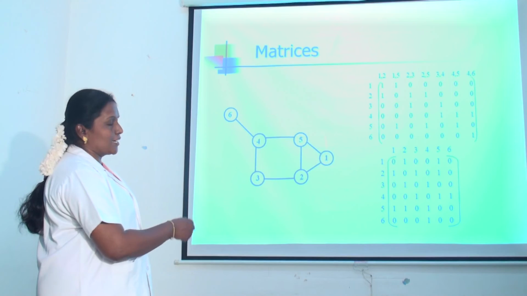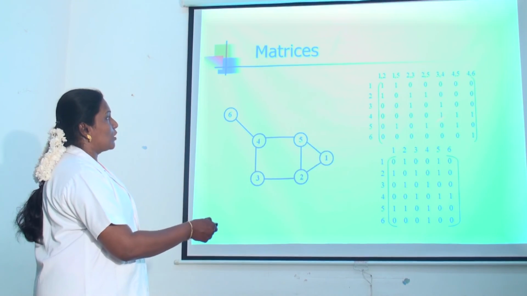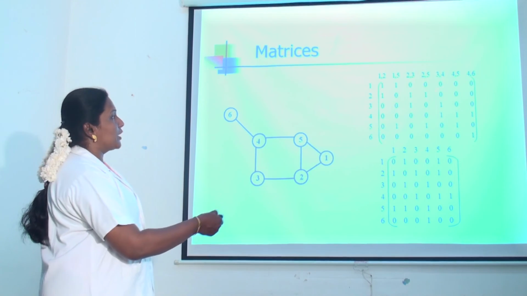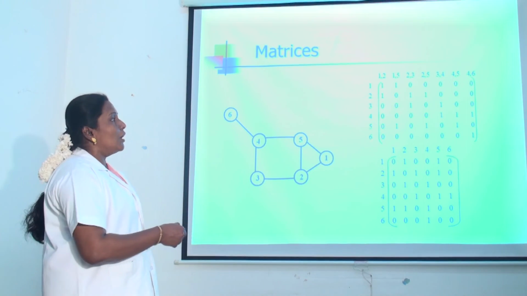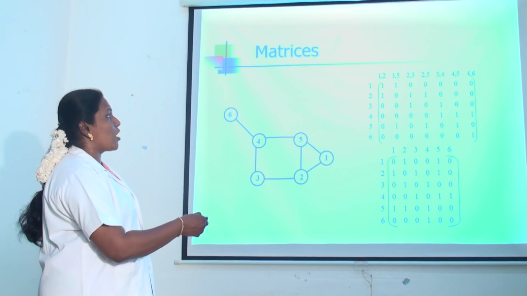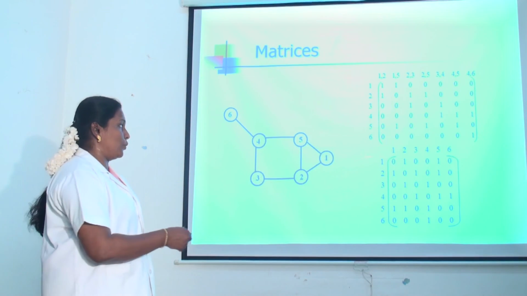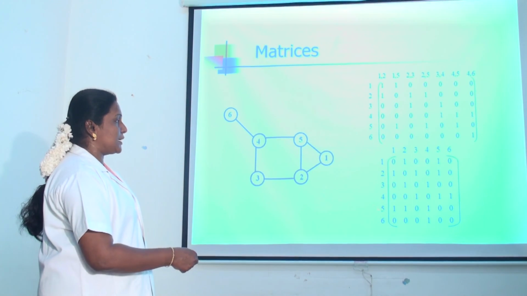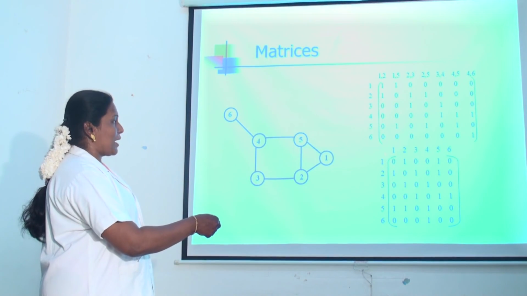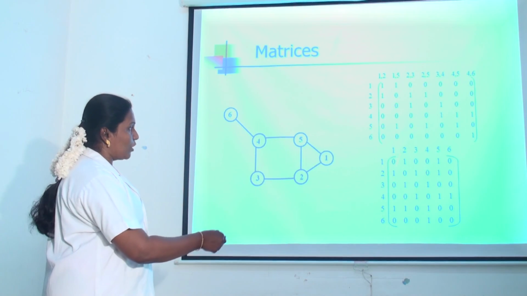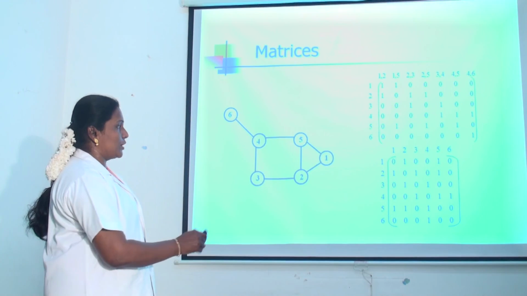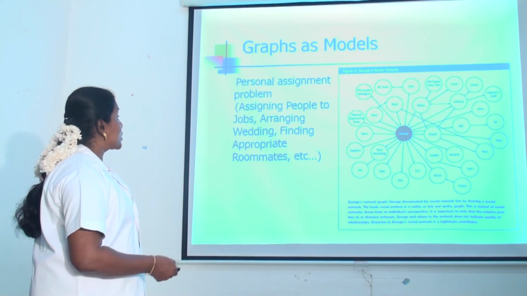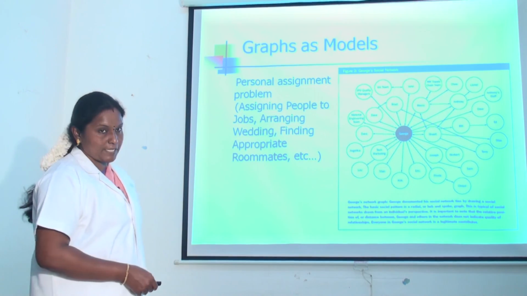There is no directed graph. Just write, for all the vertices, whether the corresponding value is adjacent or not. If it is adjacent, you put 1. If it is non-adjacent, you just write 0. Here also it is the same as the incidence matrix. For the adjacency matrix, we consider only vertices to vertices.